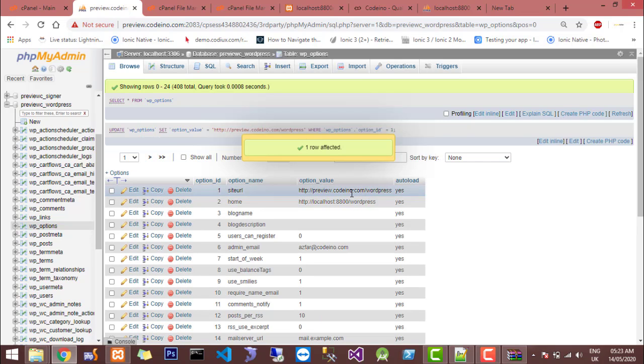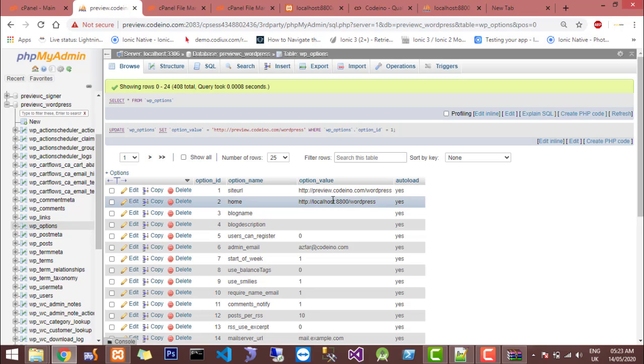This value will be the domain name of the hosting. If you are uploading your website to abc.com, so you will put the value here as abc.com. But in my scenario, I have a domain name preview.codeino.com/WordPress. So my site URL and home URL will be the same. Okay, so I set the values in WP options,